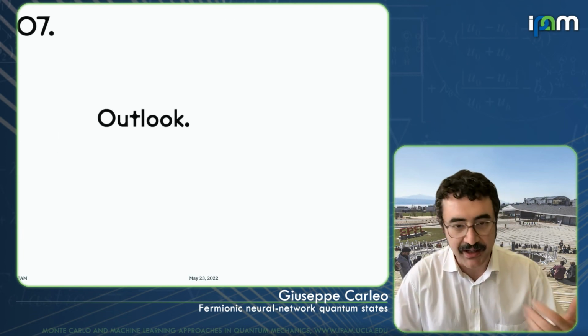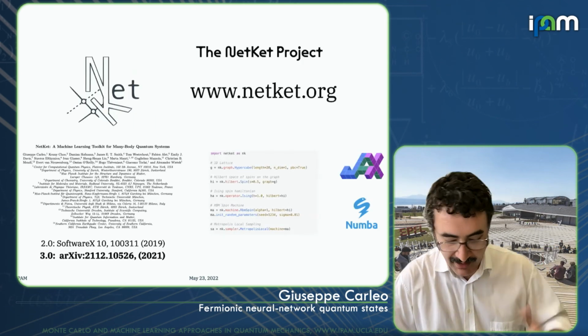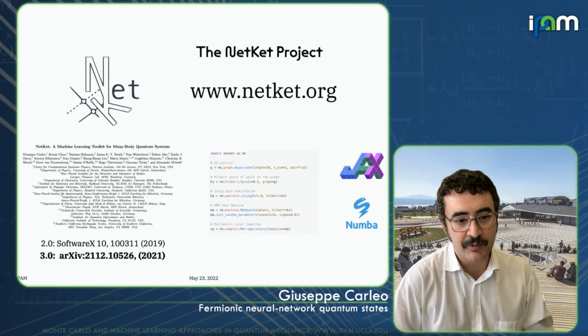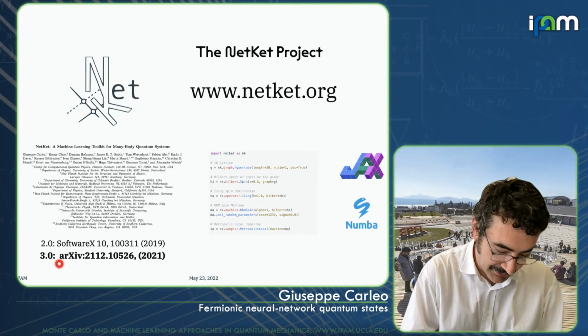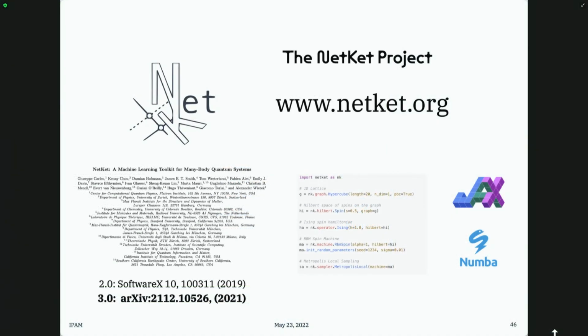Great. So since the time is running out, I will go already to the outlook. I just want to mention that we have a very recent release of NetKet, our open source project, that implements also fermions, especially in the second quantized formalism. So you are free to try it out. We also have support, more experimental, but it's there, for continuous space Hamiltonians. So we would be happy to hear your feedback. There are many experts in the audience on this topic, and we would like you also to try it out. Why not?